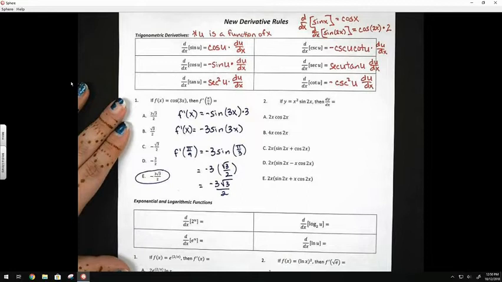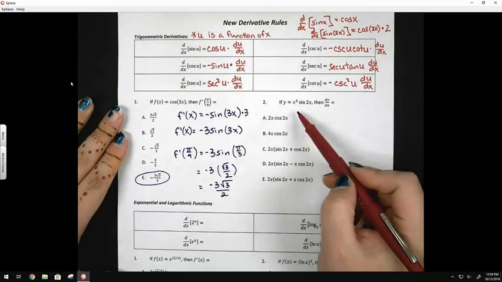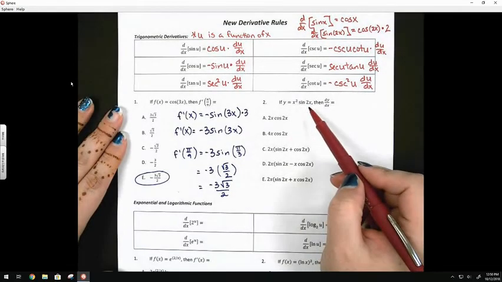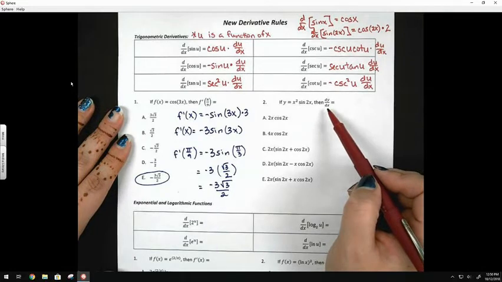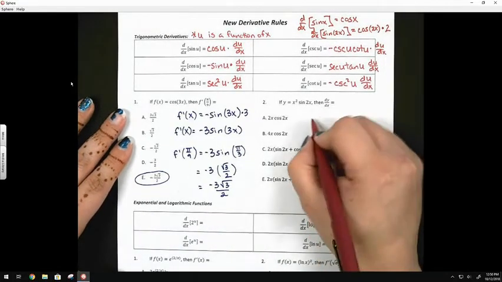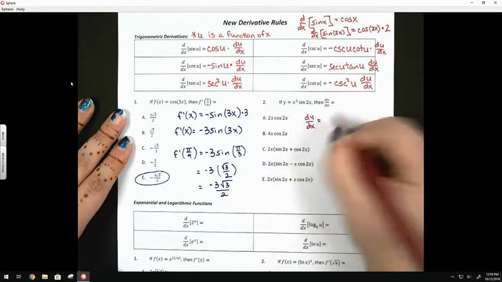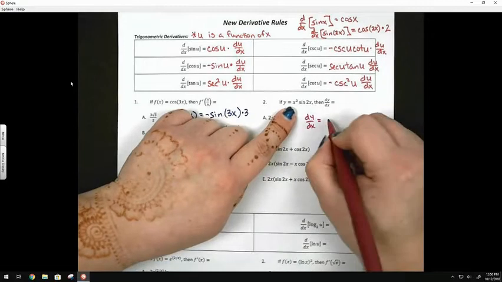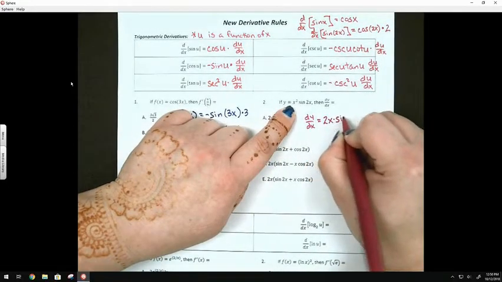All right. For question 2, it looks like we've got some product rule going on there. So y equals x squared sine 2x. We're looking for dy dx. So this one we're just looking for a general derivative. So remember our product rule. So dy dx equals, we're going to take the derivative of the first, which is 2x, times the second, which is sine of 2x,